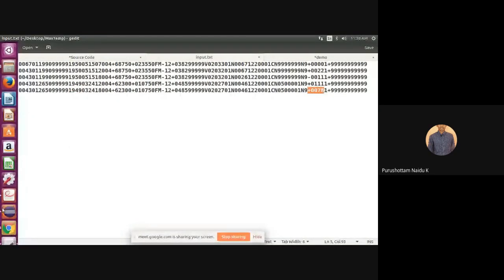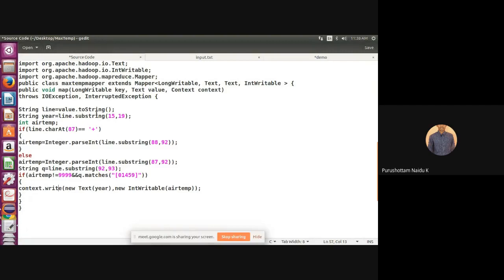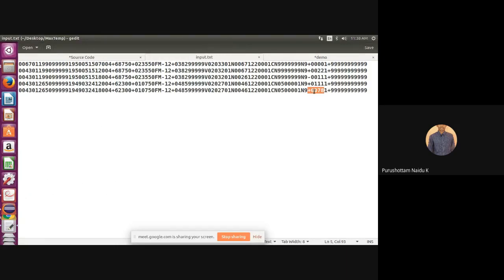That means the temperature index starts from 88. Index starts at which one? 88. So 88, 89, 90, 91. This is also 4 digits. That is the temperature.